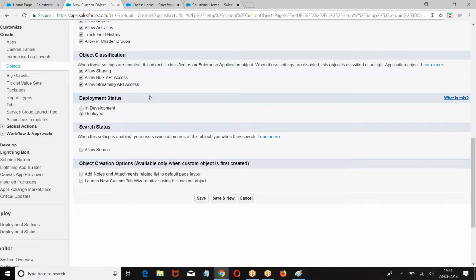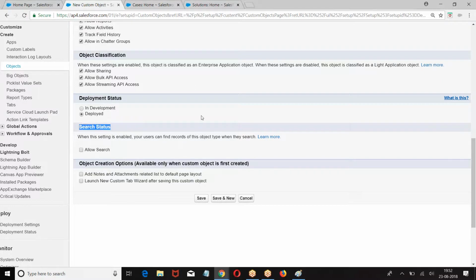This object will be accessed by everyone as per your organizational business requirement and security model.